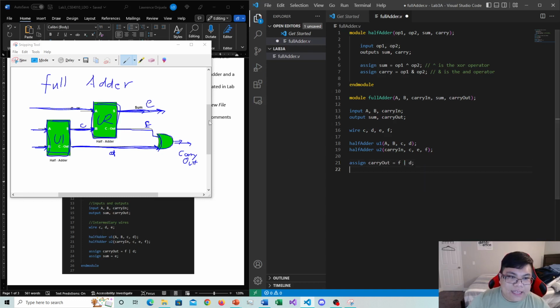And then lastly, I need to have my sum outputs. It looks like the output for sum of the second half adder U2 is going to be equal to whatever this wire E is. Okay, so I'm going to say assign sum to be equal to E,